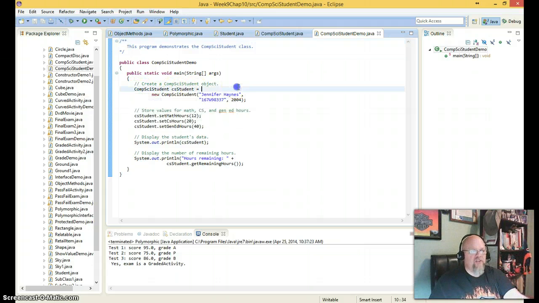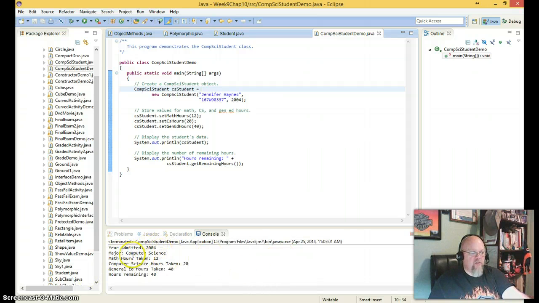I have a CS student, a new student, Jennifer Haynes, and here is their ID number, and here's the year they were admitted. Then csStudent.setMathHours, set the CS hours, and set the gen ed hours, and then I say go ahead and print the CS student, which is the toString. Then hours remaining is csStudent.getRemainingHours, and that's the method we had to override. So if we run this,